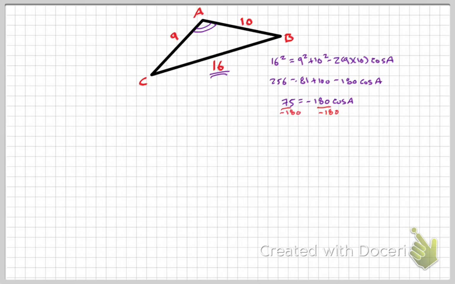So now I have cosine of A equals 75 divided by negative 180. And now we're to the point where we can use our inverse. So inverse cosine of 75 over negative 180 equals our angle measure, or A degrees. So inverse cosine of 75 divided by negative 180